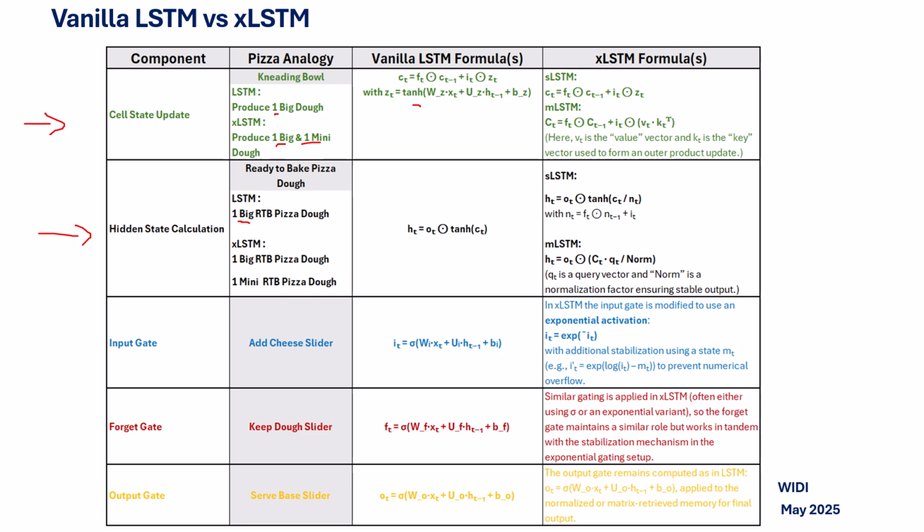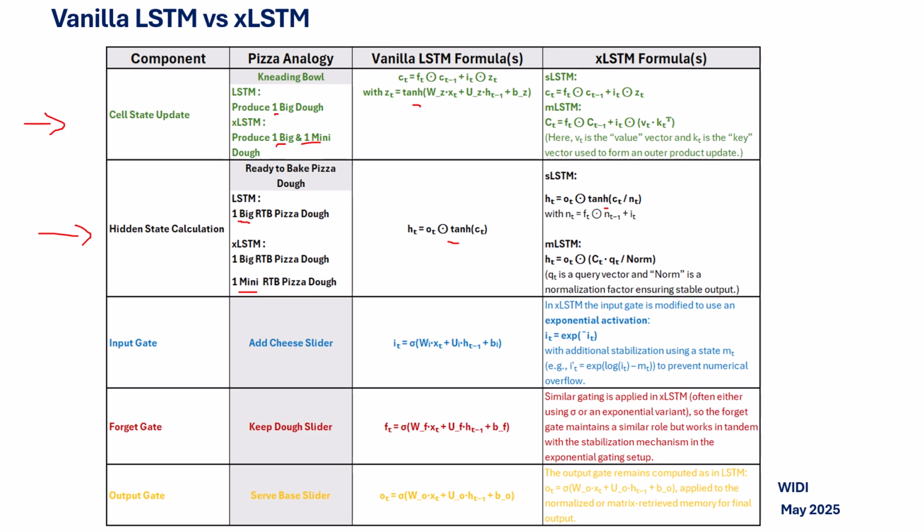Here I will be using only one extra mini ready-to-bake pizza. It will still be using the hyperbolic tangent. Here in XLSTM it is the same, except for the matrix one, which has a different formula,